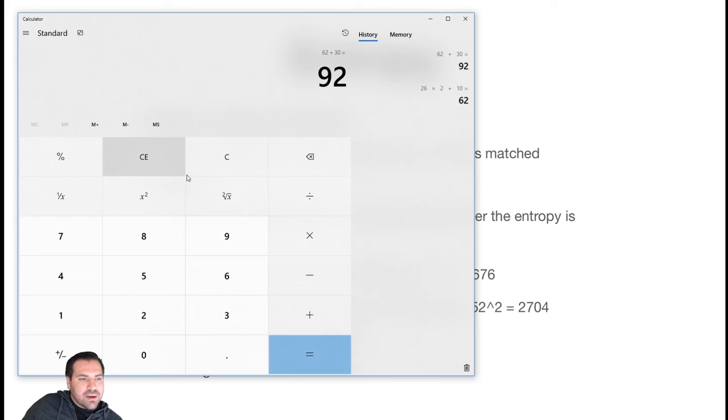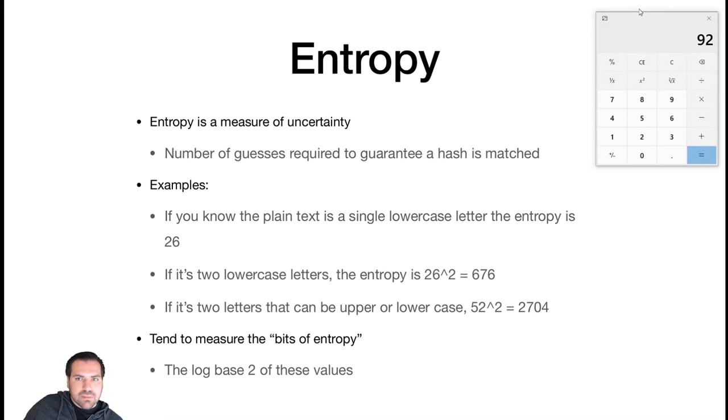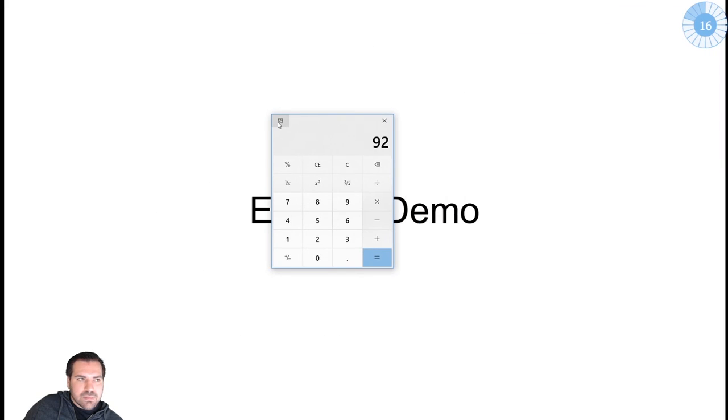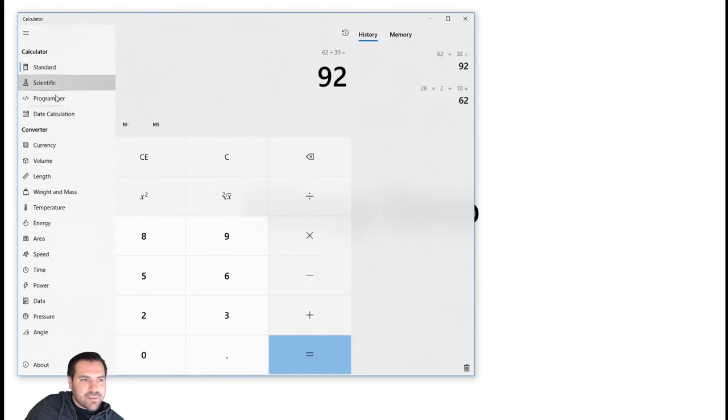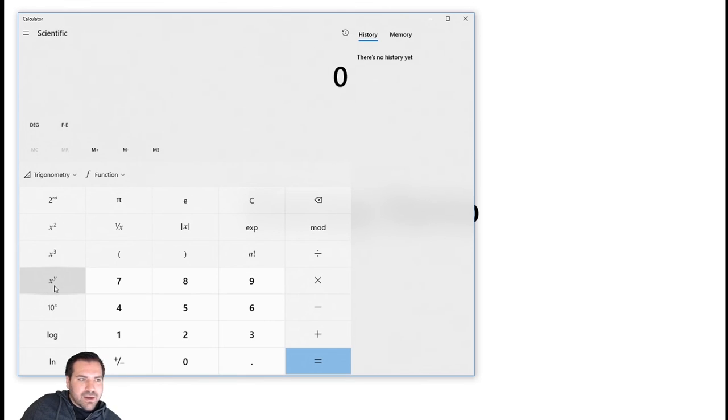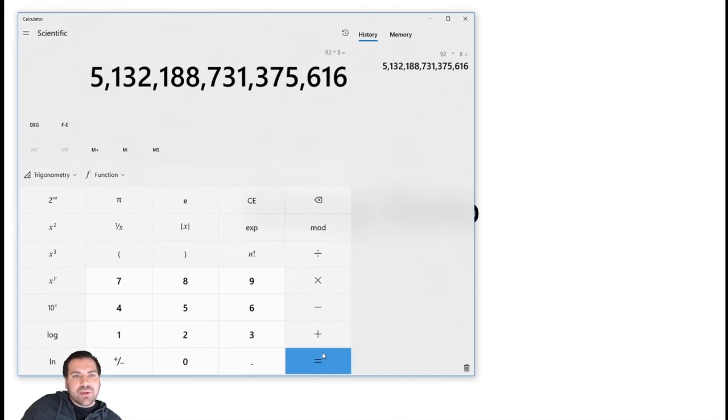And then, where's my exponentiation? I got no menu. I can't do exponentiation on Windows calculator, apparently. That can't be right. There we go. So we were at 92, and if you have a length 8 password requirement, and you have complete randomness,